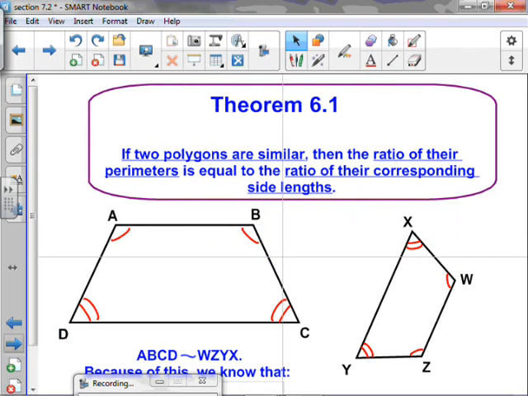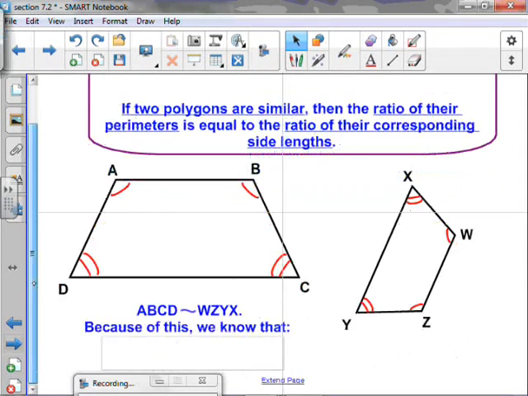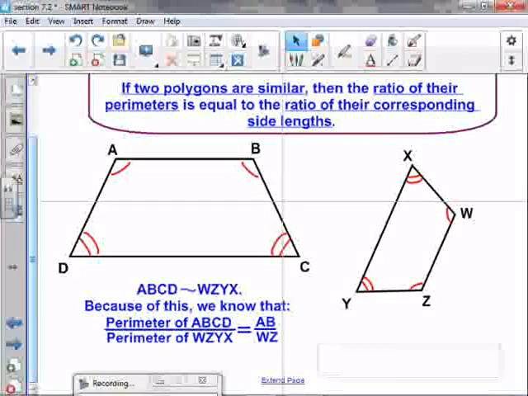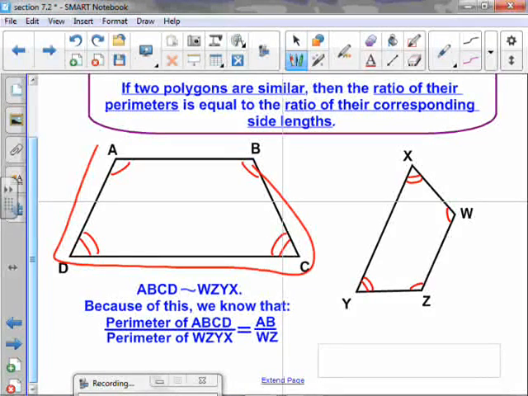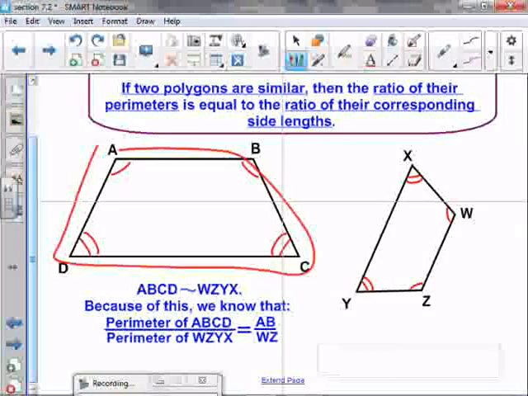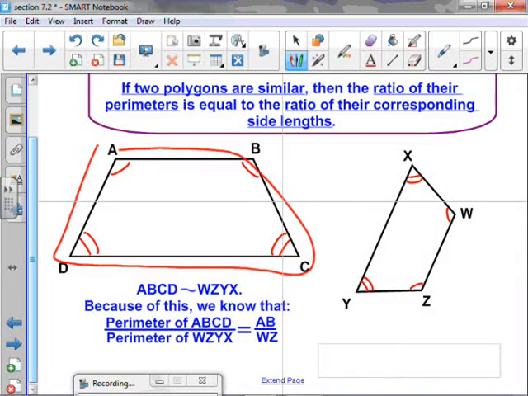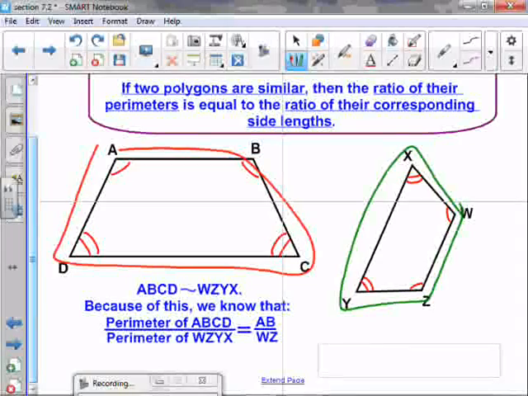Theorem 6.1. If two polygons are similar, then the ratio of their perimeters is equal to the ratio of their corresponding side lengths. Okay? What does that mean? Well, it's just like what we just did, only slightly different. We know that if these two figures are similar, then the perimeter of ABCD, that's all of these sides added up, is divided by the perimeter of WZYX,